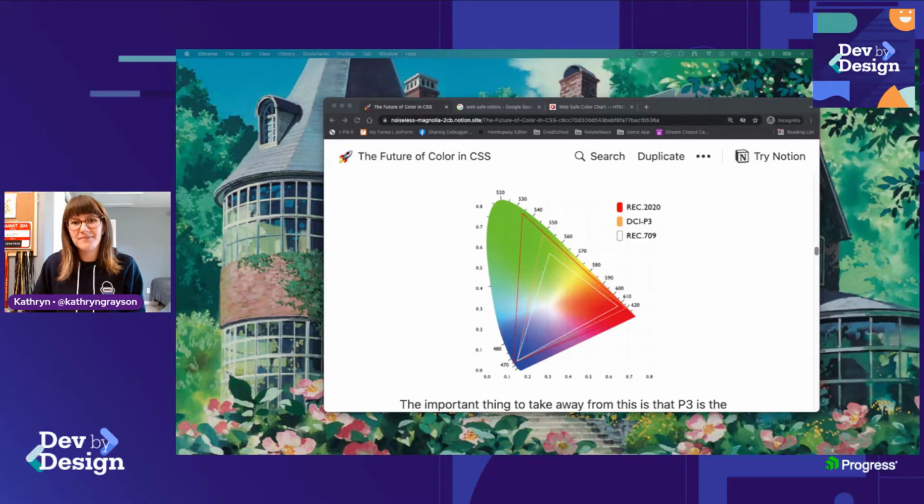So there are a couple new options that are on the way for defining these P3 colors right now. They're all from the CSS Color Module Level 4. They're not available for you to start writing with right now. They are coming in the future, but I think it's something that's really cool. So we're going to take a look at it. That's what we're going to dive into today. So the first of these options,